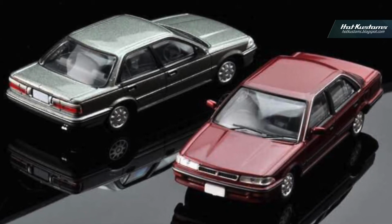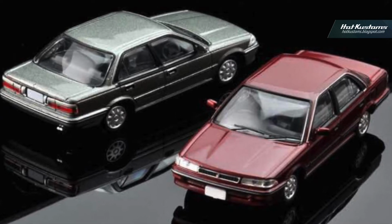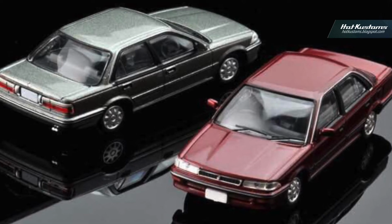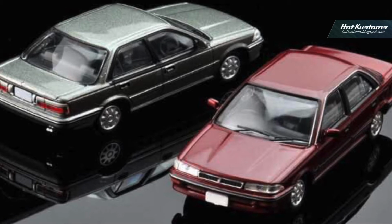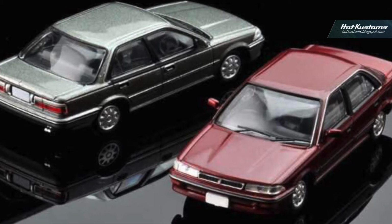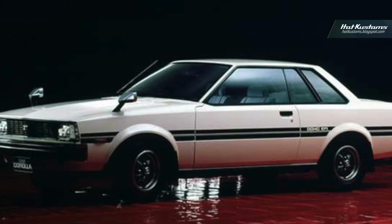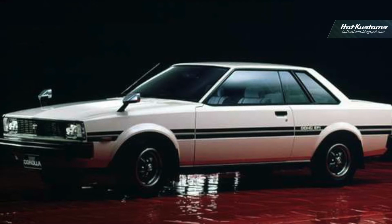This is a special preview for the Tomica Limited Vintage Sneak that is going to be out in August later this year. So what we have here is the TLV Toyota Corolla 1600 GT, and that has come out in two colorways. One is in grey and one is in red. So this is a delight for all the vintage car, nostalgic car lover, especially if you love Japanese cars like me,